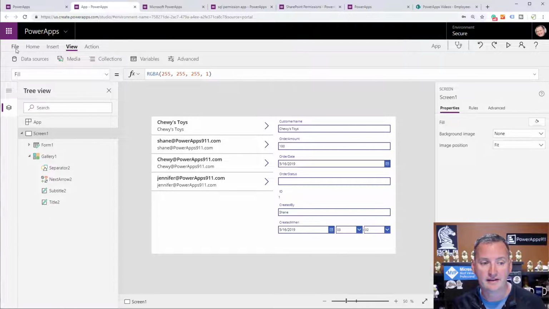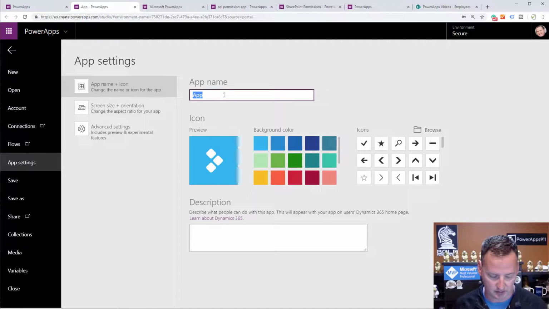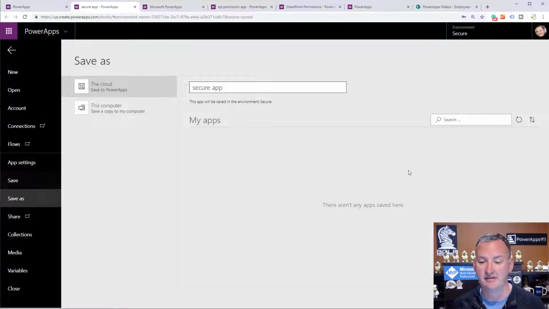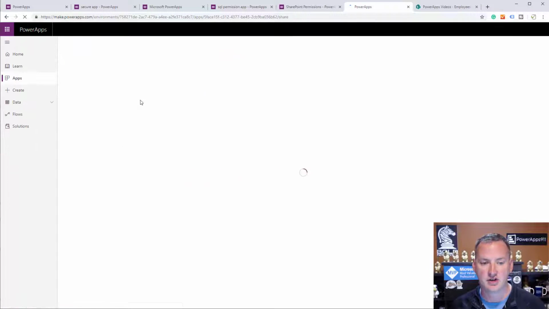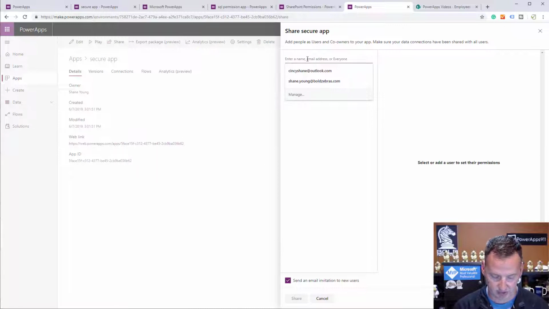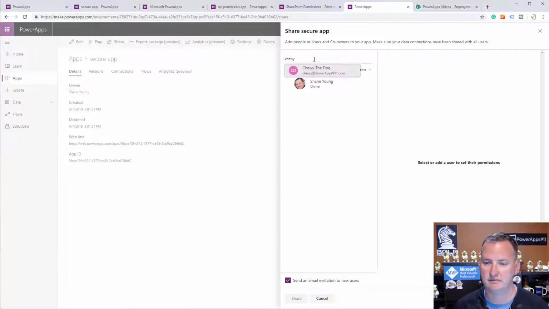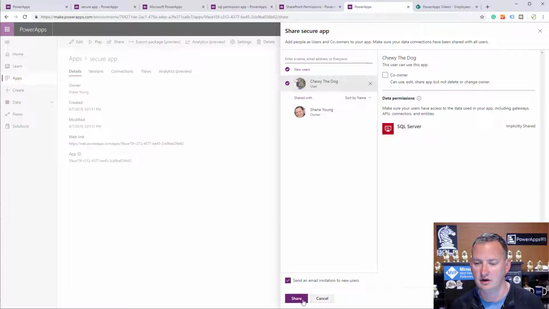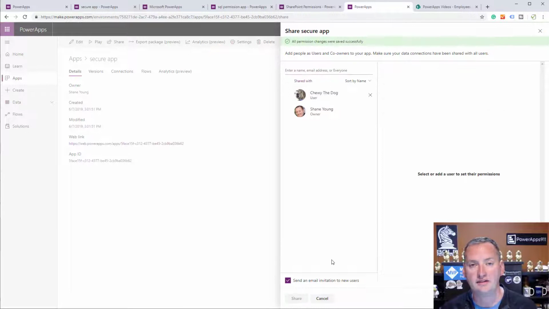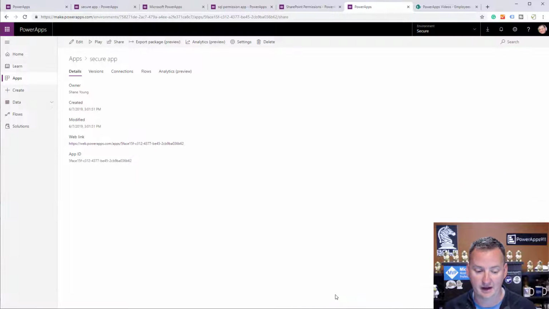So now we're just going to take the app and do the same type of thing. We're going to call this secure app. We're going to save this, and then now we're going to share it. We can still just share with Chewy like we have been. So Chewy the dog, share. Now it did warn us that it implicitly shared the connection again with Chewy, but that's okay this time